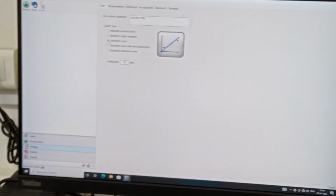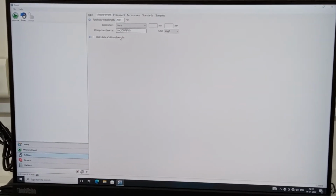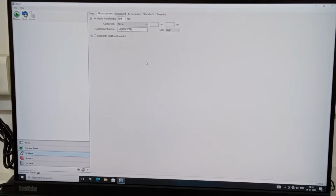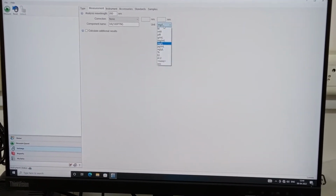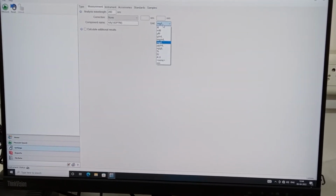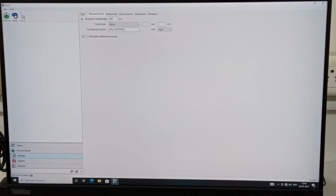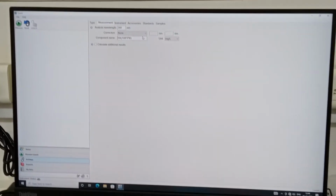Here you need to click Standard, which is already selected by default, and go to Measurement. Here I need to fix the maximum absorbance I got, around 280. This is the absorbance I received from my scan mode. And here you can fix the units. Normally we keep the units in ppm, milligram per liter. The sample we are putting inside is humic acid, which is around 100 ppm, so by component name, say 100 ppm,